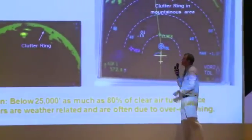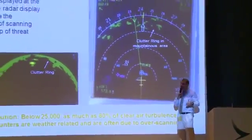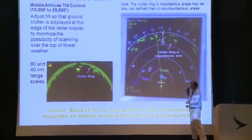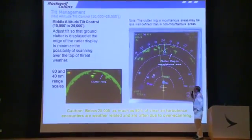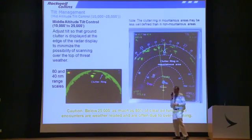This is over eastern China right here. It's mountainous, so you don't get the nice solid clutter ring like you do at our home office where it's all flat. But you've got the top of the mountains that are setting the clutter ring in this particular case. So for 40 and 80 nautical miles, use the clutter ring to set the scale. Now, you do have to remember